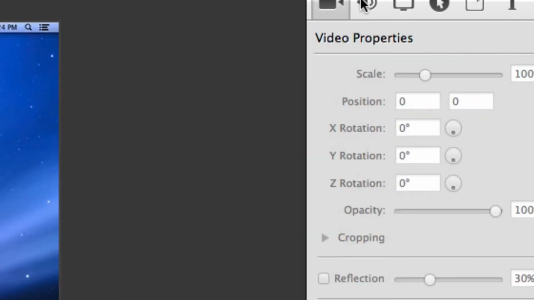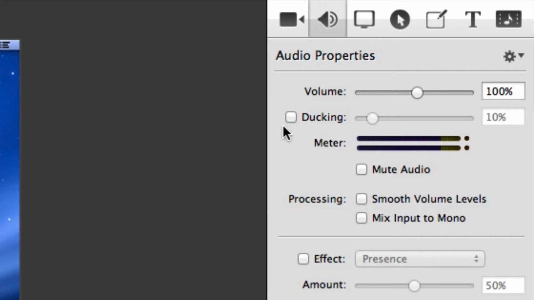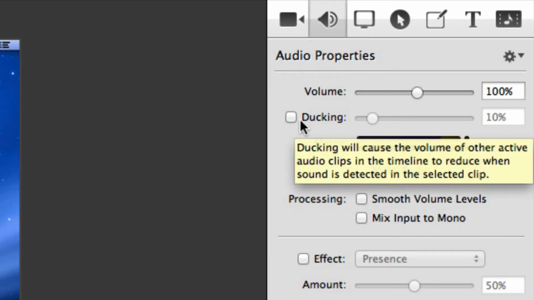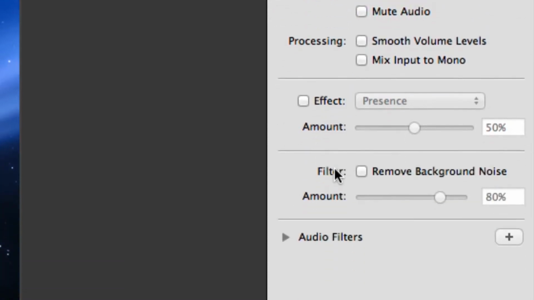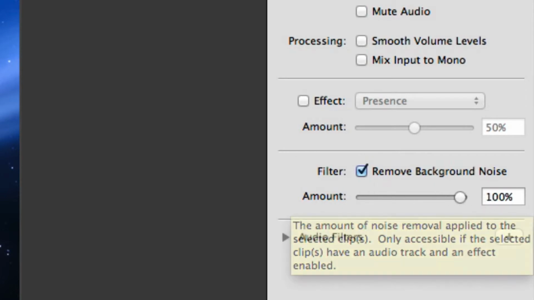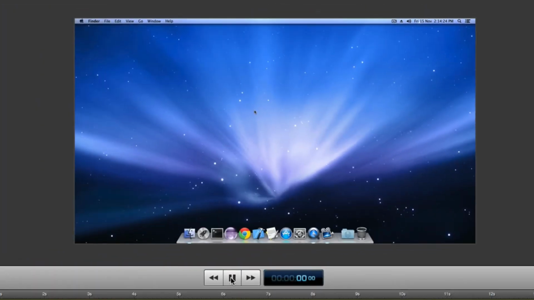Go to the audio properties. We don't need ducking because there are no other clips. Just click on the filter, remove background noise, and set the amount to 100%. Yeah, we don't need any background noise. So if you play it now,